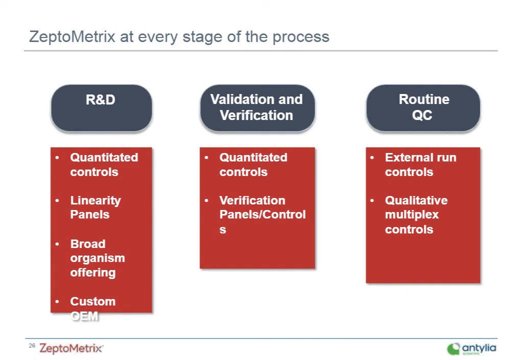So this slide really here just shows you how Zeptometrics can help you out at every stage of the process in which you would use quality controls in your laboratory. They're multifaceted. They can be used across a wide range of instances. So I think looking at this, you can see that there's a solution available for everyone. This is just a very basic breakdown of some of the ways Zeptometrics controls can fit into your laboratory setting. We talked about some of these times earlier that you might need quality controls. And I think really the takeaway here is that we truly offer something for almost everyone.